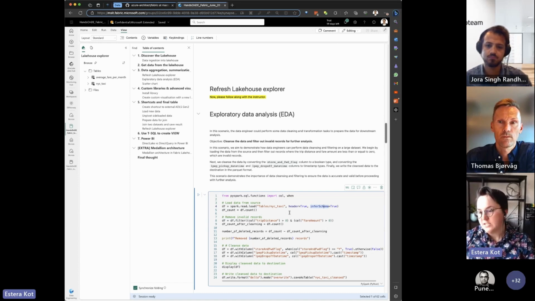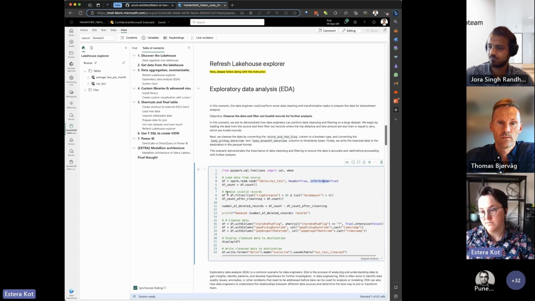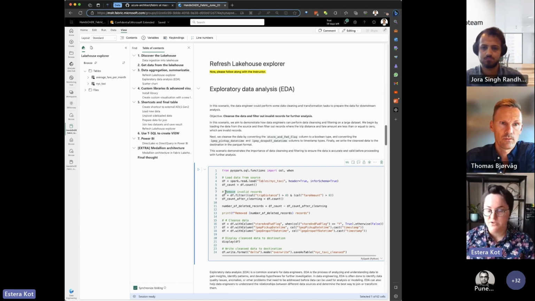Sometimes we have nulls. That's why we want to clean the results and remove invalid records. For example, if the taxi service was provided, then the fare amount should be more than 0. That's a very simple rule.